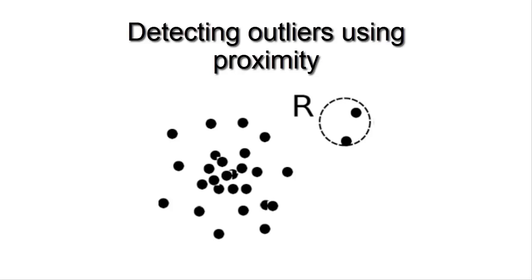The effectiveness of proximity-based methods relies heavily on the proximity or distance measure used. In some applications, such measures cannot be easily obtained. Moreover, proximity-based methods often have difficulty detecting a group of outliers if the outliers are close to one another. And as I explained before, we could have